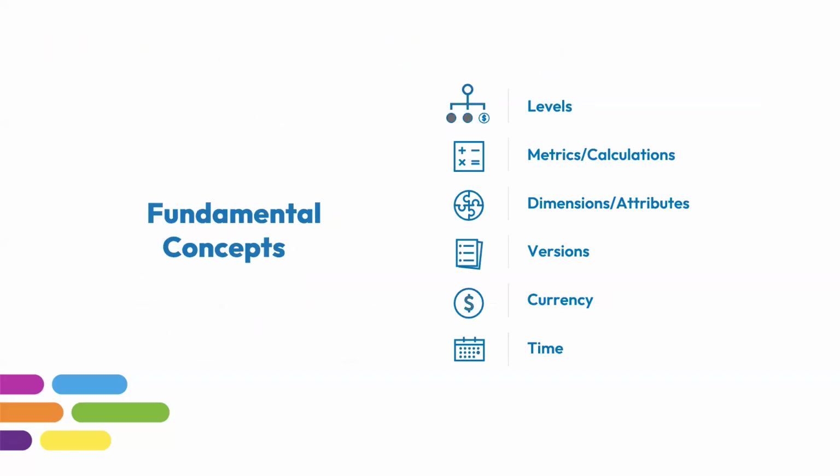Some of the fundamental concepts for those of you that aren't really familiar with adaptive: there are certain key components within the system that help us organize our data. Levels are the primary organizational structure of your particular firm. We use metric accounts and calculations to derive some financial budget amounts around your personnel and workforce. We can use dimensions and attributes to slice and dice that data, whether it be by department or cost center or location or function, limited only basically by